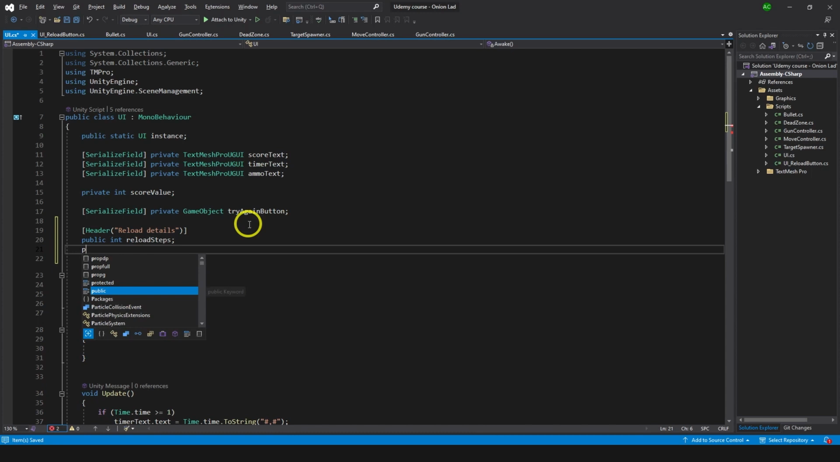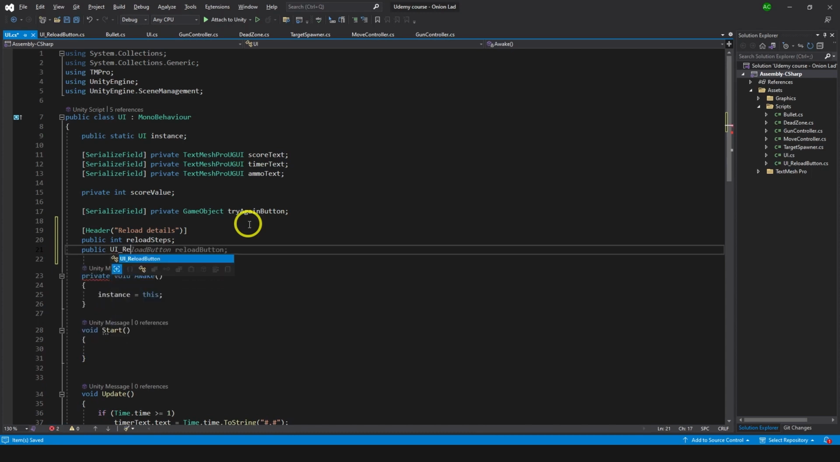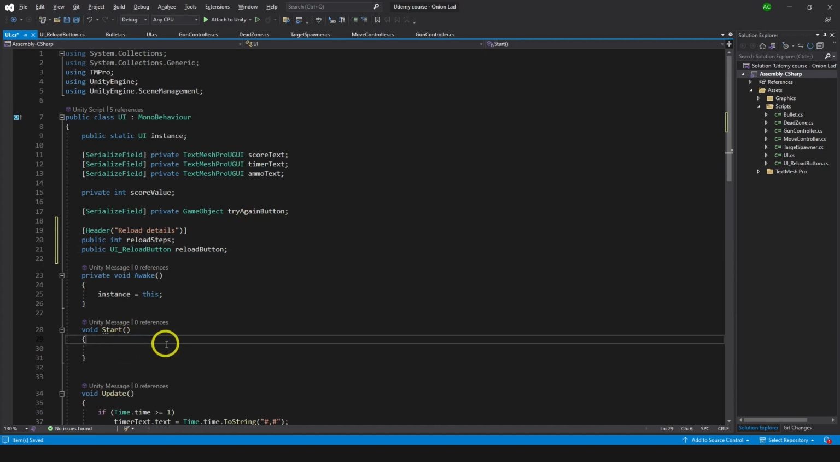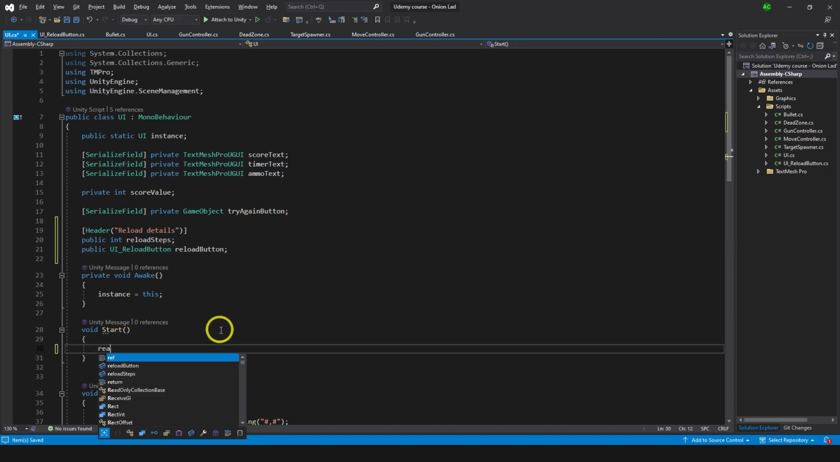And then we're gonna do a public UI reload button. So we have access to the script, but we can just get reference from the script to game object. And I'm using reload button component, variable, for one simple reason. With this, I can collect all of the buttons under the canvas, and I don't need to assign them manually every time. So I'm gonna type here reload button,